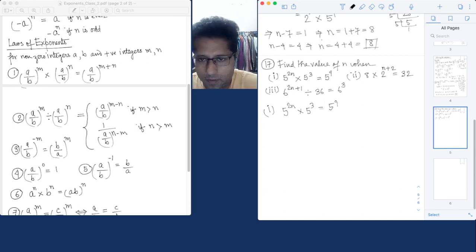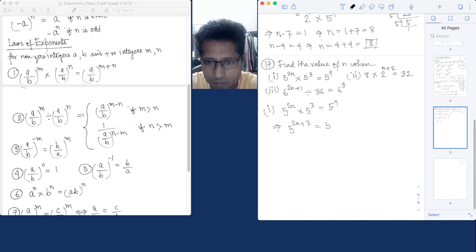You are given an equation, and on both sides of the equation you will see an exponential form, that is a base raised to some exponent, and from there you have to equate either the powers or the bases. On the left hand side I have a product of two exponents where the bases are same. The base is 5, so I can merge them together and write 5 to the power 2n plus 3